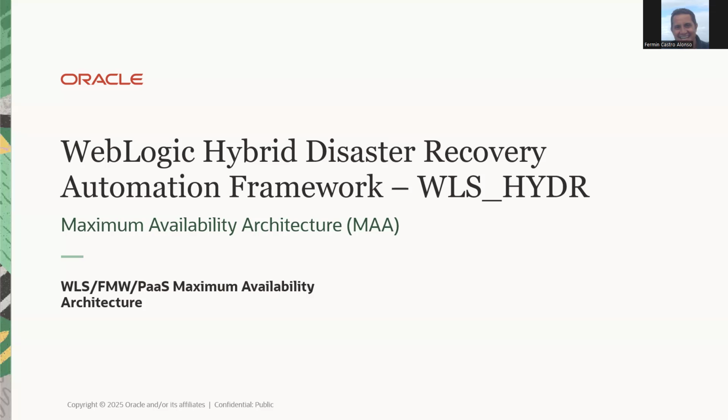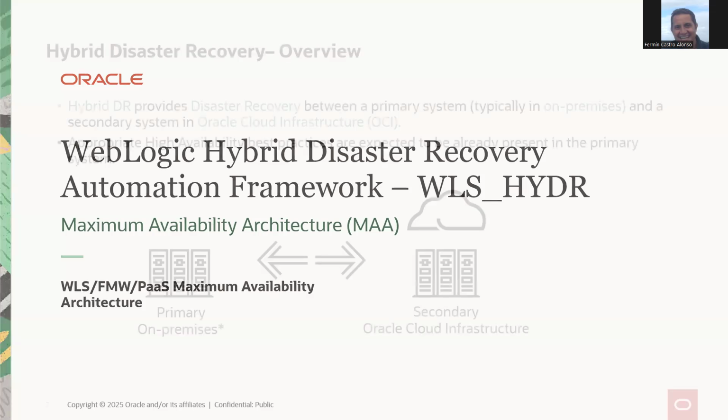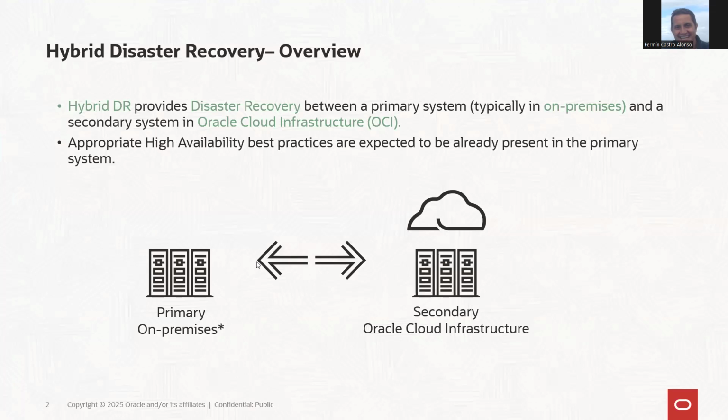And today I'm going to provide a quick overview of the WebLogic Hybrid Disaster Recovery Framework. This is a framework that will allow you to create a secondary system for a primary, where the secondary will be hosted in Oracle's cloud infrastructure. Typically, the primary system could be on premises, but it could also be another OCI system. It could even be a different cloud and different types of flavors. Again, the main aspect is that the target, the secondary system that will provide protection against disasters, will run in